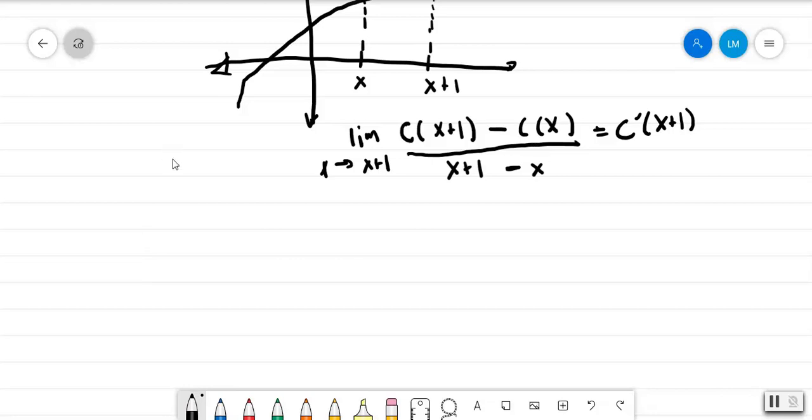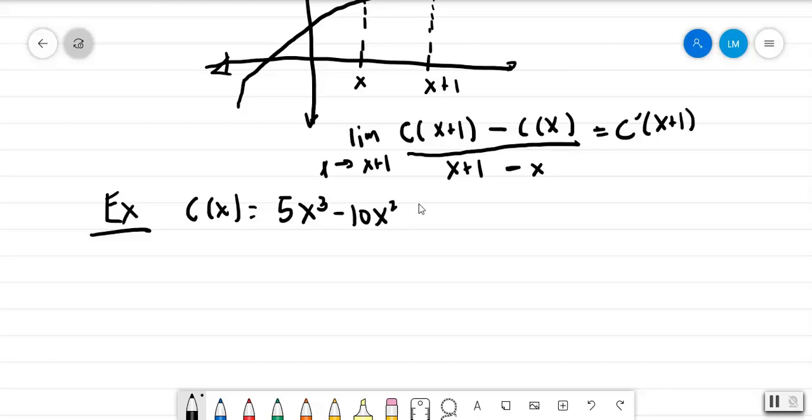Let's say that the cost of production for a specific item is given by C of x, and this is 5x cubed minus 10x squared plus 75. So if I find the marginal cost